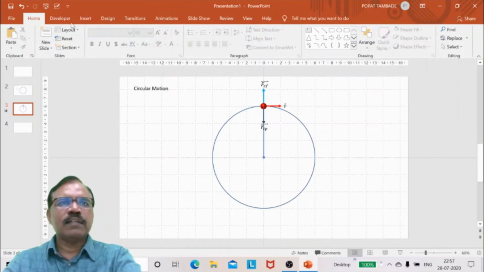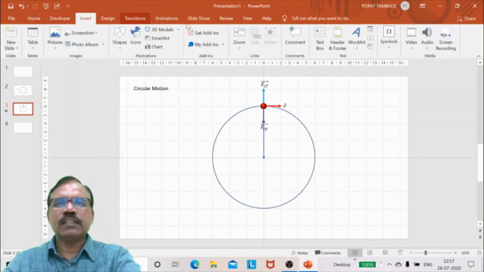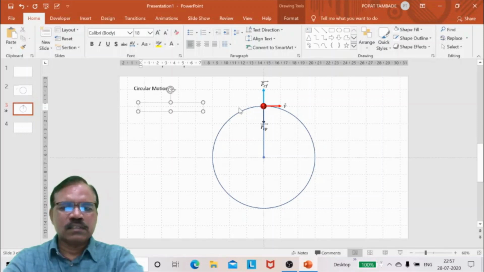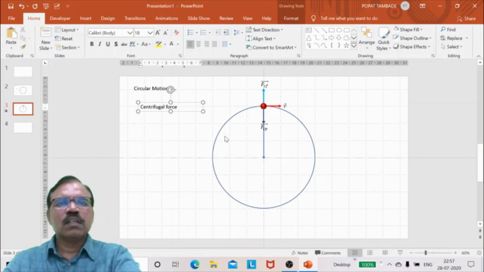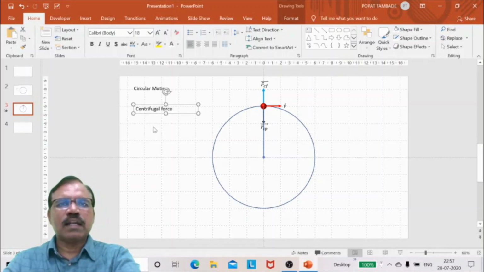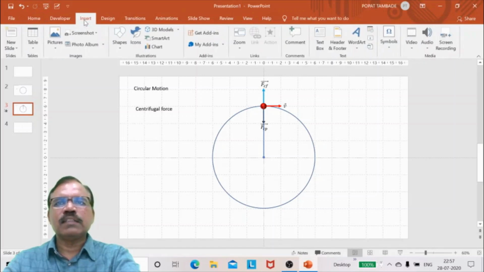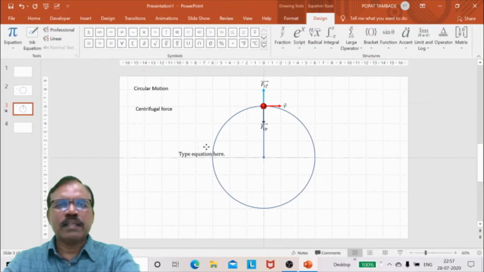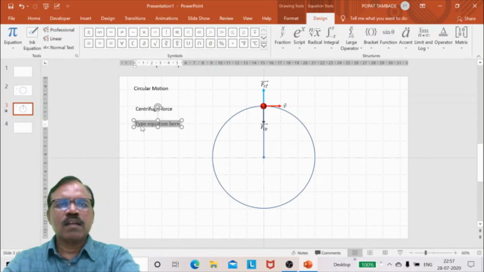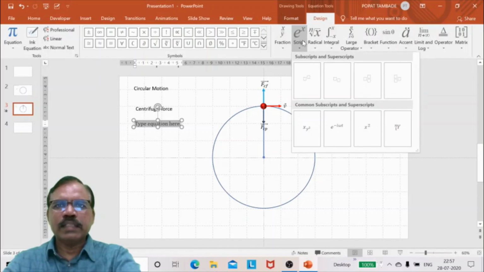Then I can add, insert, centrifugal force. I can write this as insert. I can go to equation menu and I can write here F. So I have to take this one.